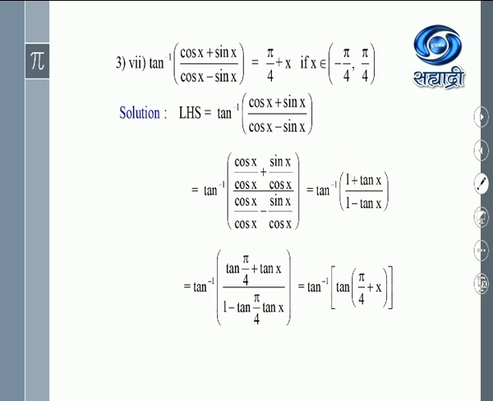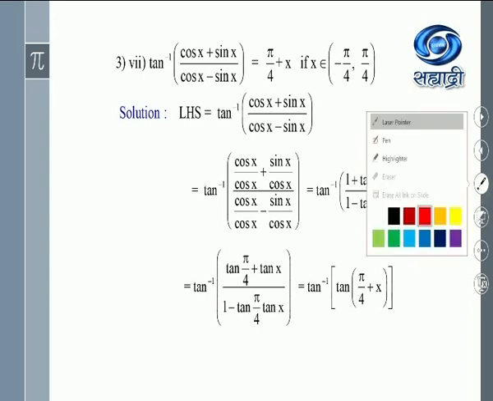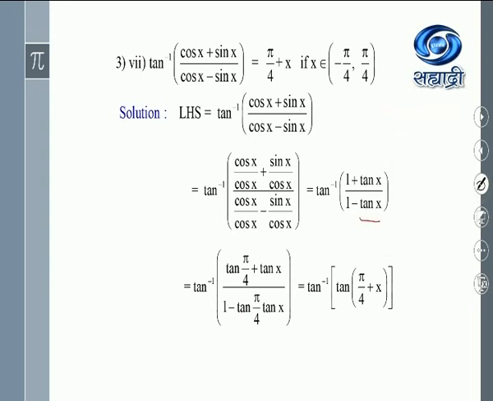Now this 1 in the numerator we replace by tan pi by 4, because tan 45 is 1, you know, and 45 degrees is pi by 4 radians. Tan pi by 4, second term as it is. This one we keep as it is. And for this term tan x, we multiply by 1. To this term, this tan x, we can write 1 minus 1 multiplied by tan x.